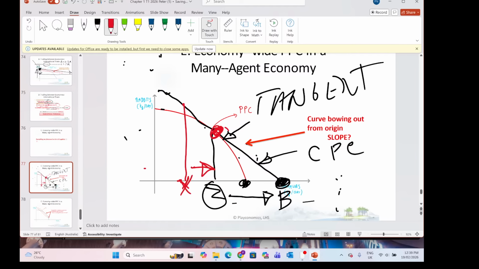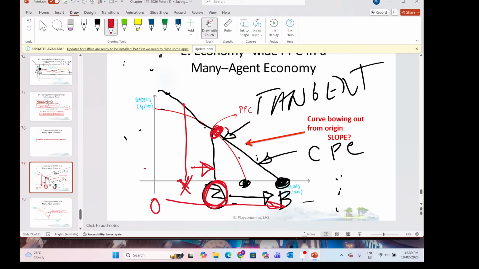One, how's the world price compared to our own opportunity costs? And two, how many bananas do we actually want? Because we could have any number that we want, notionally, between 0 and B. If we want exactly Z, we'd make them all ourselves. If we want more than Z, we'd make Z and buy a few more.